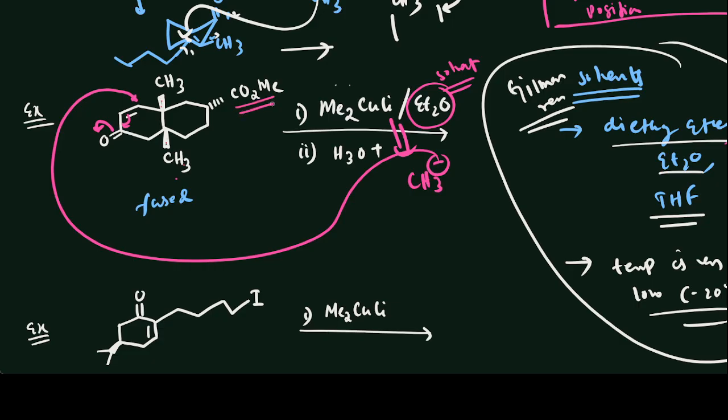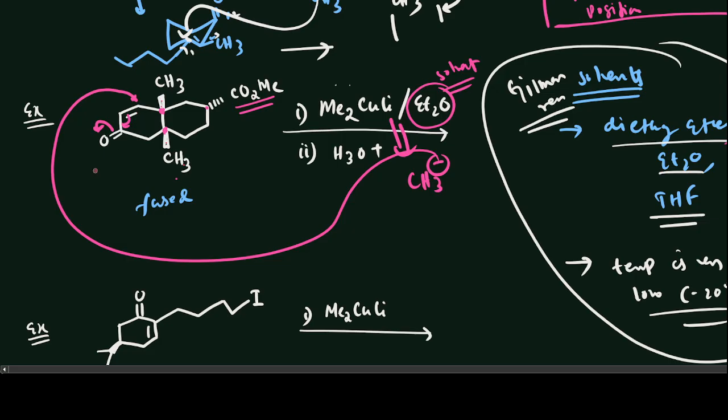Because this is also on the below side, these two rings are also on the below side. So it will attack in the same ring as these fused systems. The same thing you can say: in a fused system, if the ring has substituent groups at the fused position, where they have the same stereo, that incoming group will